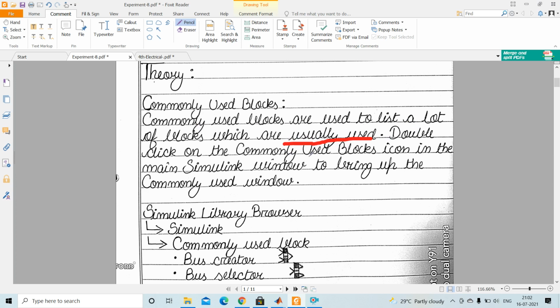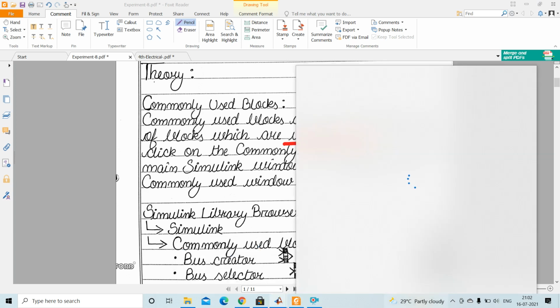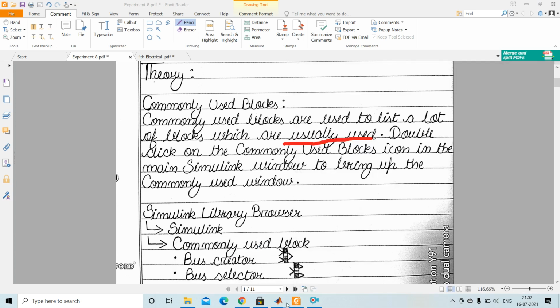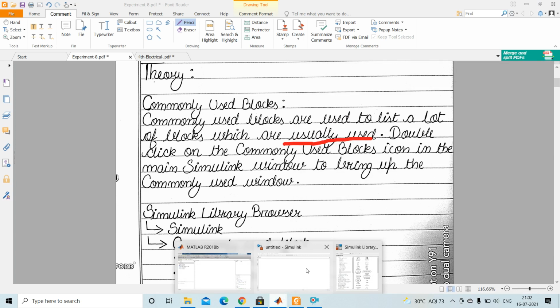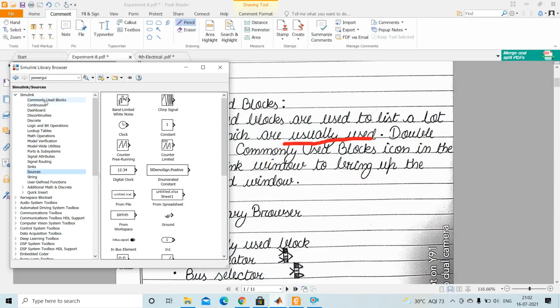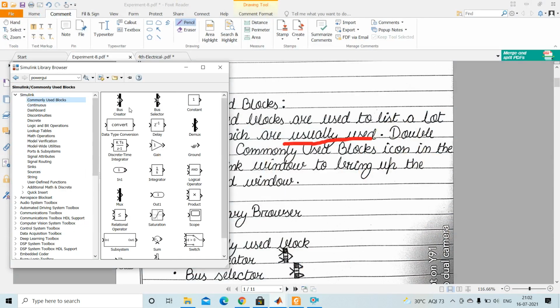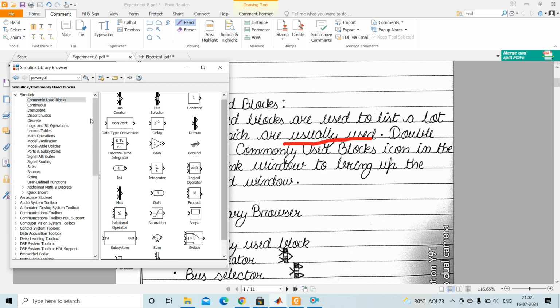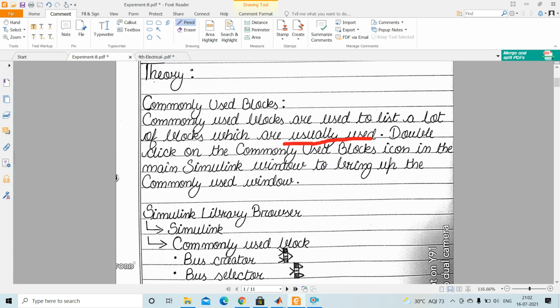Double click on the commonly used blocks icon in the main Simulink window to bring up the commonly used blocks window. I show you here in the library section: if I click on commonly used blocks, these are the parameters listed under it, which are generally used.